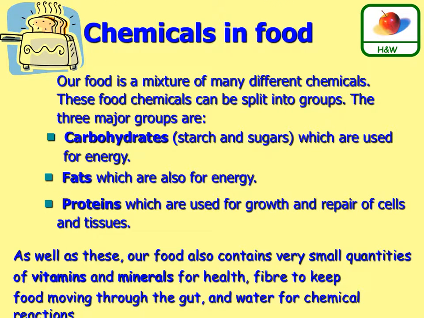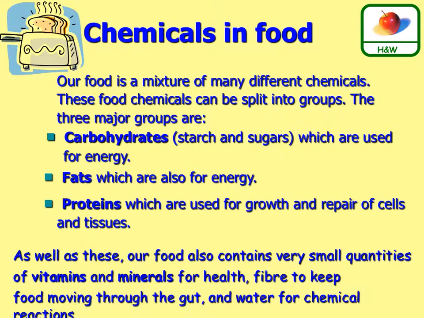So just looking at chemicals that are actually in foods, you've got the three major groups. There's carbohydrates, that's your starches and your sugars, and they're used for energy. So things like bread and cereals and so on, they've got starch and sugars in them. Fats can also be used for energy, and it tends to be that fats will be stored for energy. And proteins, they're used for growth and repair of cells and tissues. So you get protein from fish and meat and eggs